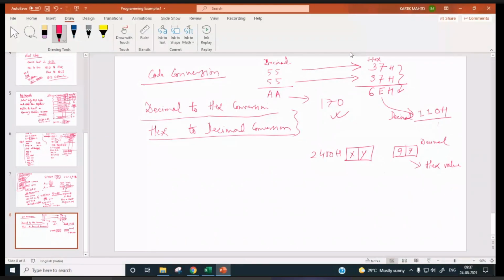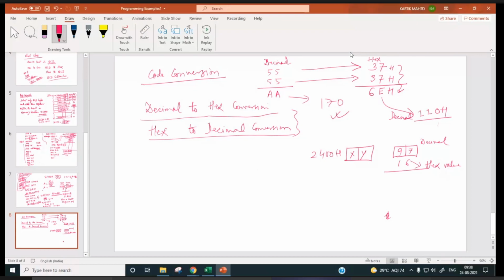So what we will do? We will keep on subtracting 16 from here. How many times we are subtracting 16? That count has to be there. So how many times we can subtract?